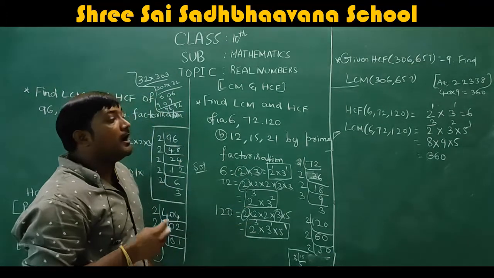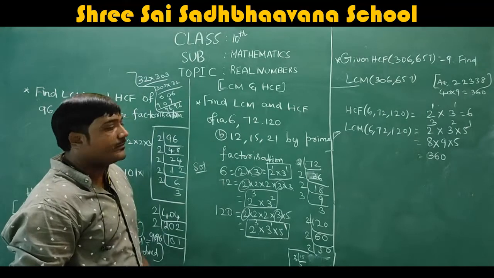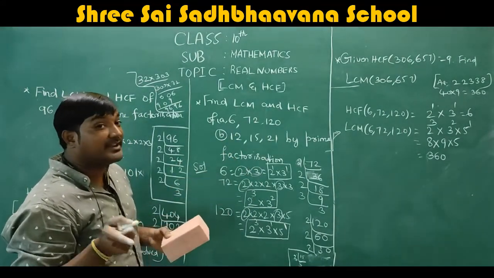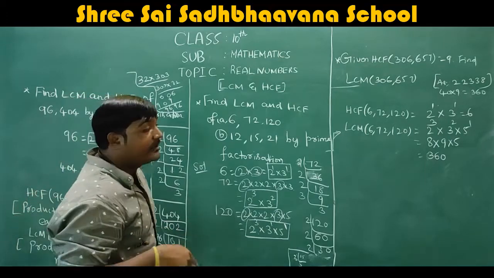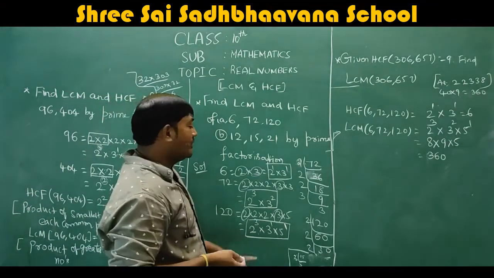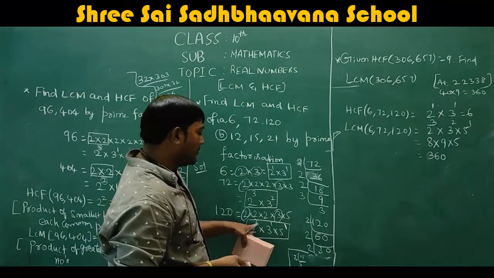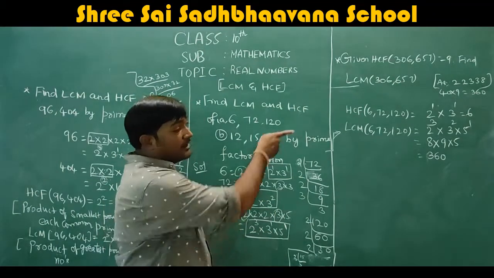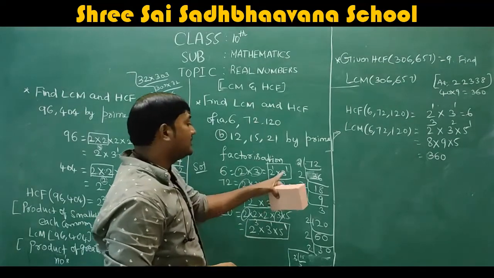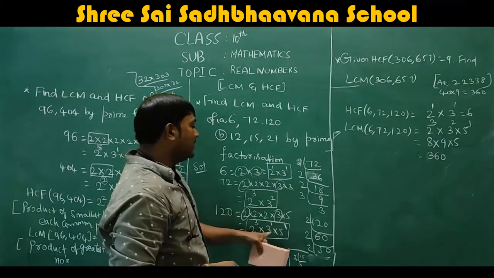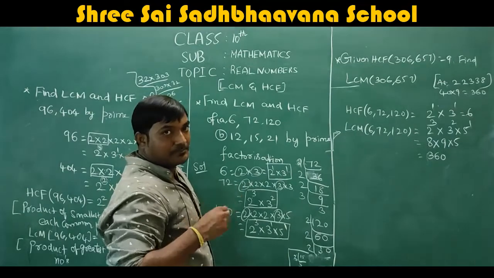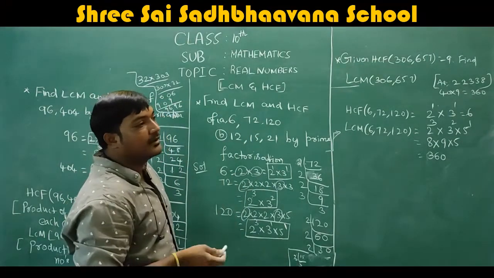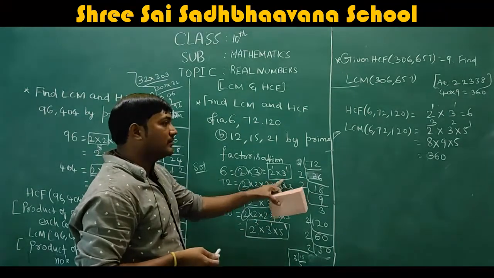So written, right? After that, first check the highest power of 2. In HCF we went with the lowest power, right? Here you should check the highest power of 2. In this, only see the expansions. Power 3, power 3, power 1. Which is the highest power? 3. So 2 cube you write. Next, for 3 power 1, 3 square, 3 power 1, among these powers 1, 2, 1, which is the highest power? So square. Take 3 square. Next, 5 you check.